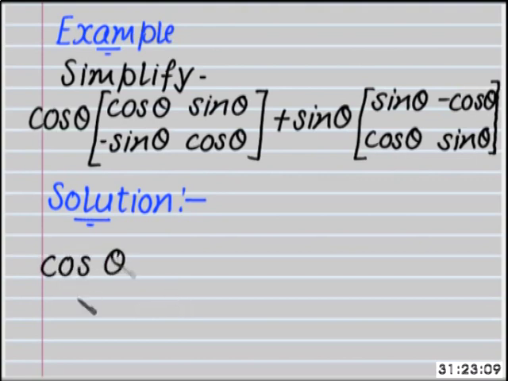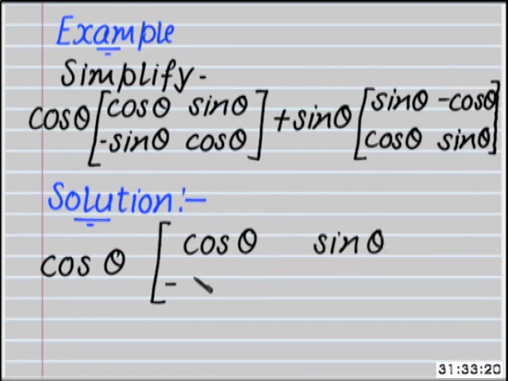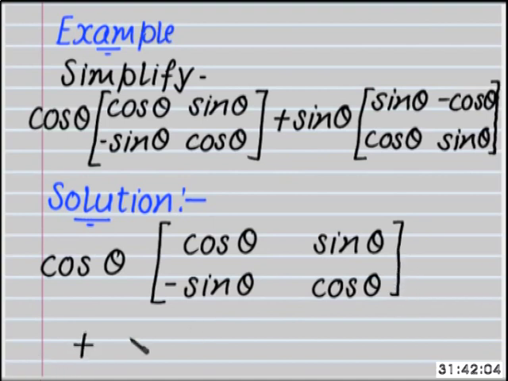Given that cos theta into square matrix of order 2 with first two elements as cos theta and sin theta, second two elements as minus sin theta and cos theta, plus sin theta into square matrix with elements as sin theta and minus cos